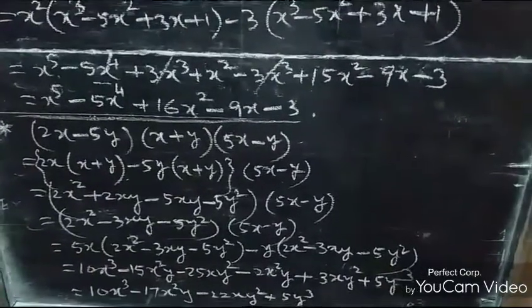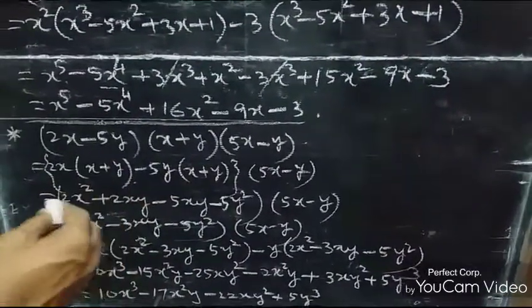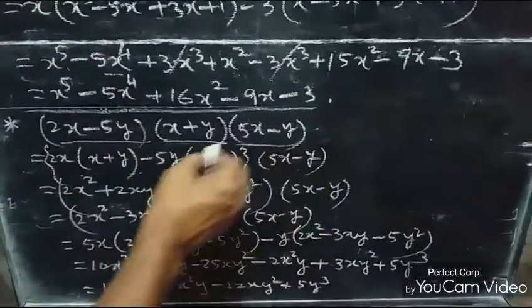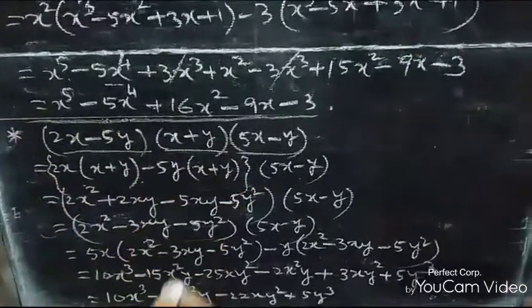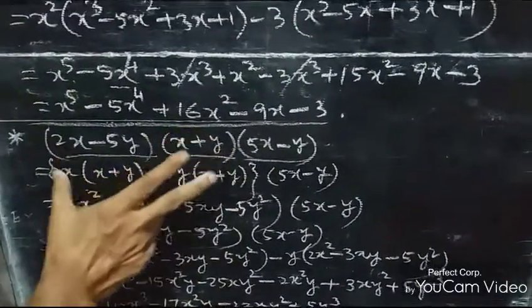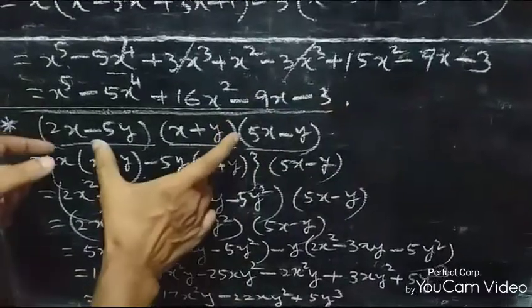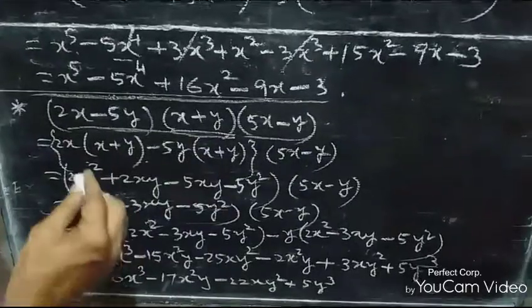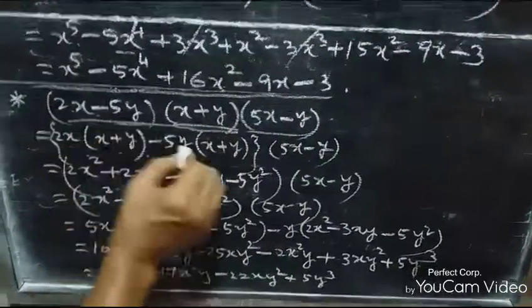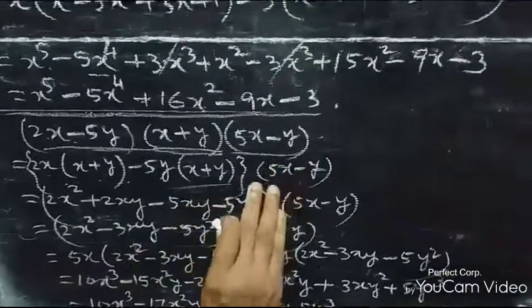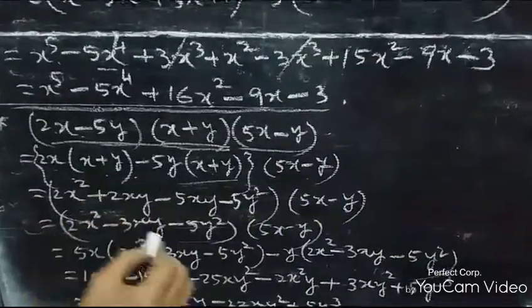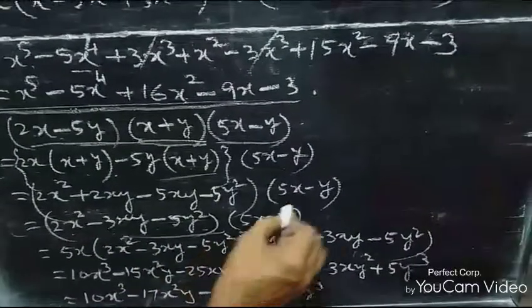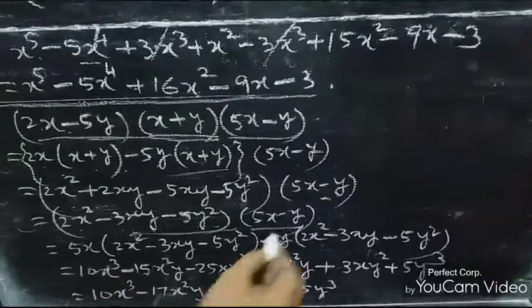Say I am taking one more product here, where there are 3 algebraic expressions. Here is also how to do this. One by one, omit this one first and calculate these. That is, first these 2 algebraic expressions: 2x into x plus y minus 5y into x plus y. Keep it like this as it is. Do this calculation and it will be 2x square minus 3xy minus 5y square, and this is the third term, so here is the third expression.